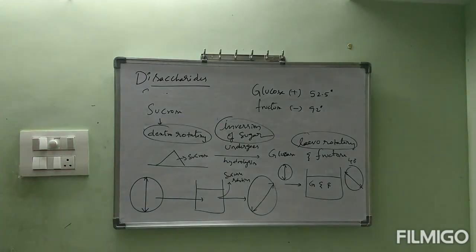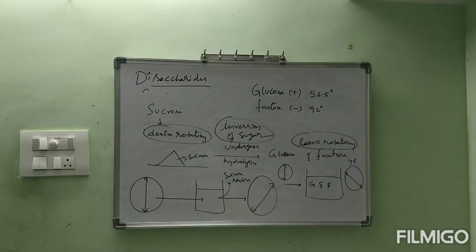Once again, normal sucrose solution, that means sucrose dissolved in water without any hydrolysis, if examined with plain polarized light, turns towards the right side and shows dextrorotatory. But if the same sucrose undergoes hydrolysis, it forms glucose and fructose, so the solution has a mixture of glucose and fructose. That solution gives a resultant where the light is turned towards the left side with 40 degrees. Why it is turned left 40 degrees, I will also clarify.